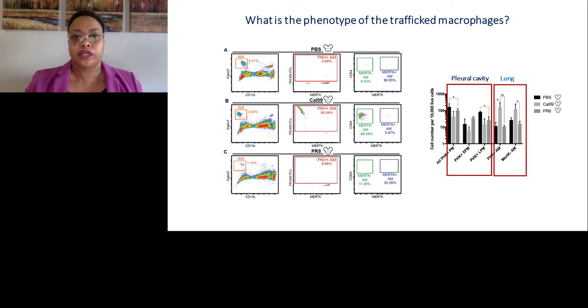And now if we take the flow cytometry data and graph it, you can see more strikingly that in the pleural cavity, with the addition of our viruses, we see a decrease in the numbers of pleural macrophages. And in the lung, we see an increase of the pleural macrophage populations, especially with our California 09. So we see an accumulation of macrophages that originally originated from the pleural cavity, and they have now accumulated in the lung in the case of mild flu, but they do not accumulate in the case of severe flu.